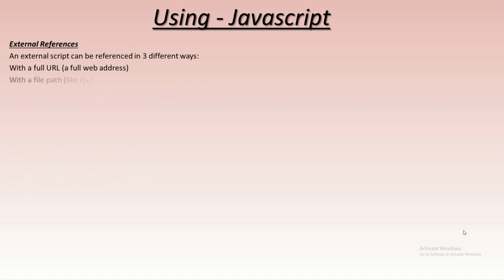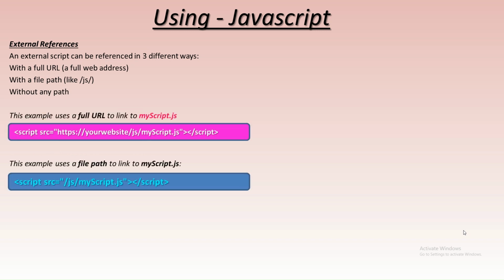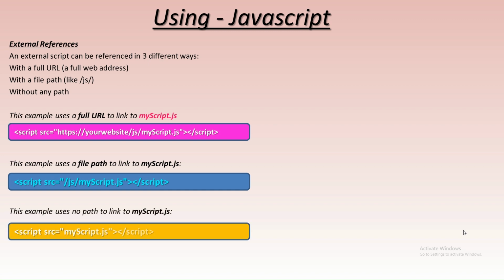An example of external references: an external script can be referenced in three different ways: with a full URL or a full web address, with a file path like /js/, or without any path. This example uses a full URL to link to myscript.js, like script src equals your website /js/myscript.js and an ending script tag. This example also uses a file path to link to myscript.js. So script src equals /js